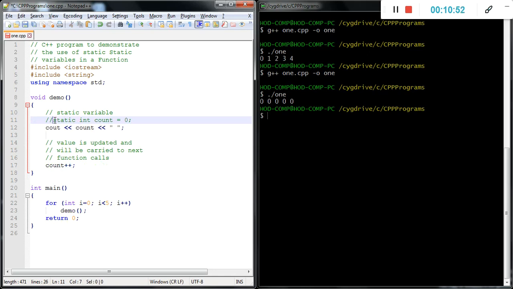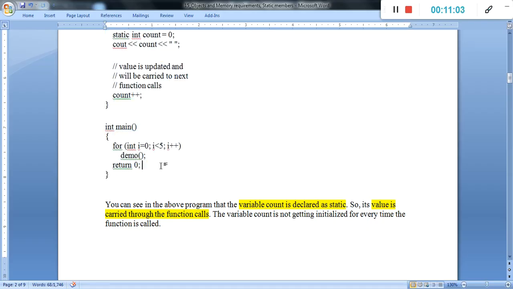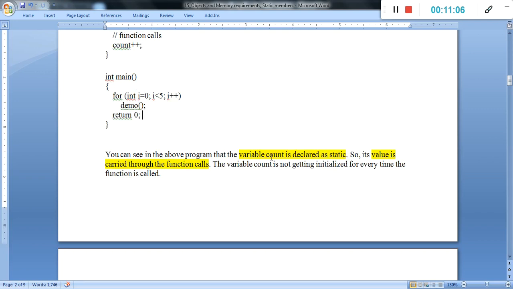That is actually the use of a static variable. It carries the state to the next call, and again carries it to the next call. That is exactly the use of a static variable under the function.